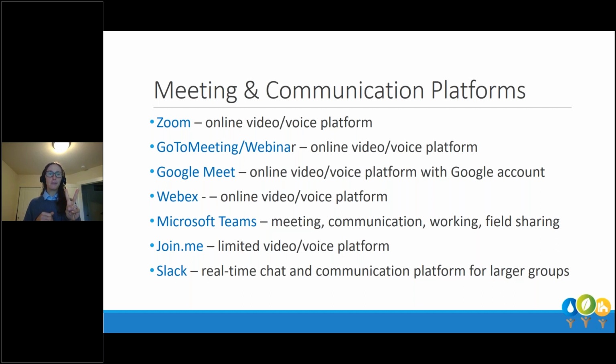The two top meeting platforms are GoToMeeting and Zoom. Those are the top two, not only with our districts, but nationwide. Zoom in particular, kind of like Google, like, are there other search engines other than Google? Turns out there are, but it's the one everybody knows about, everybody uses. Zoom did the same thing. They were in the right place at the right time, and they rose to the top by far at the beginning of this entire COVID response and virtual working environment. So it's the one you've probably heard about. Rightly so, they put a lot of time and effort into making it a great and easy to use platform, and it's definitely at the top.